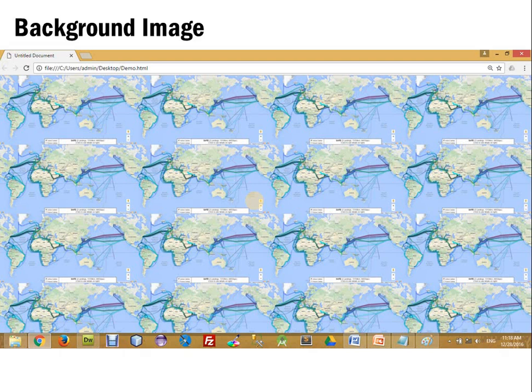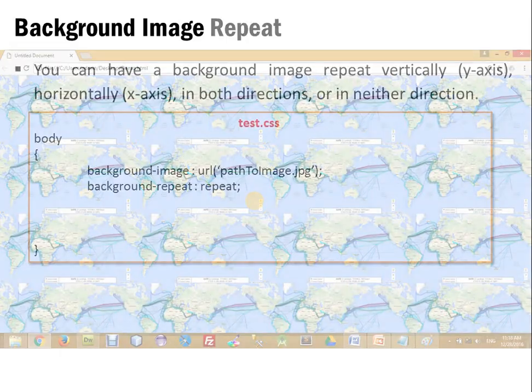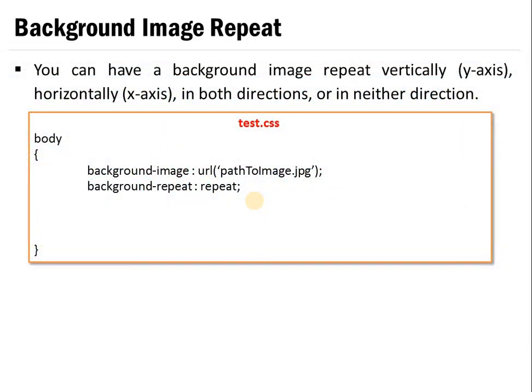Now over here you can see this image is getting repeated in the x direction as well as the y direction. So what does it mean? Whenever you set the background image property, it gets the default value of the background repeat property. So let's just check the background repeat property. This is the property name, background repeat. By default its value is repeat, that's why this image was getting repeated in both directions.